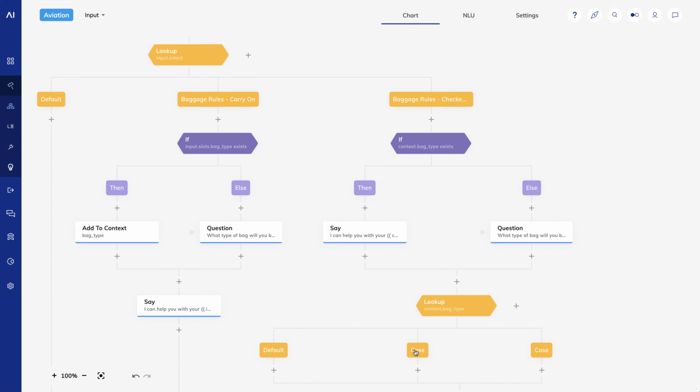For my first case node, I'll put ski bag, and for my second case node, I'll put backpack.